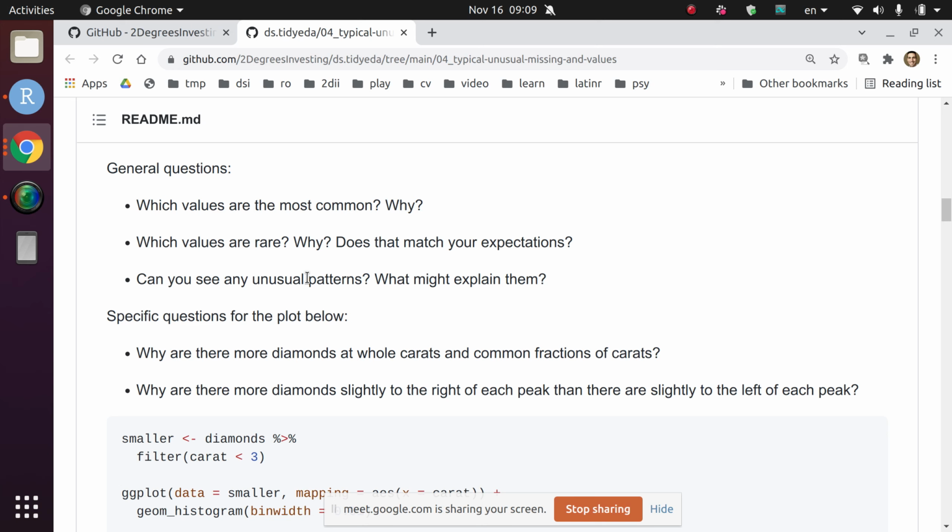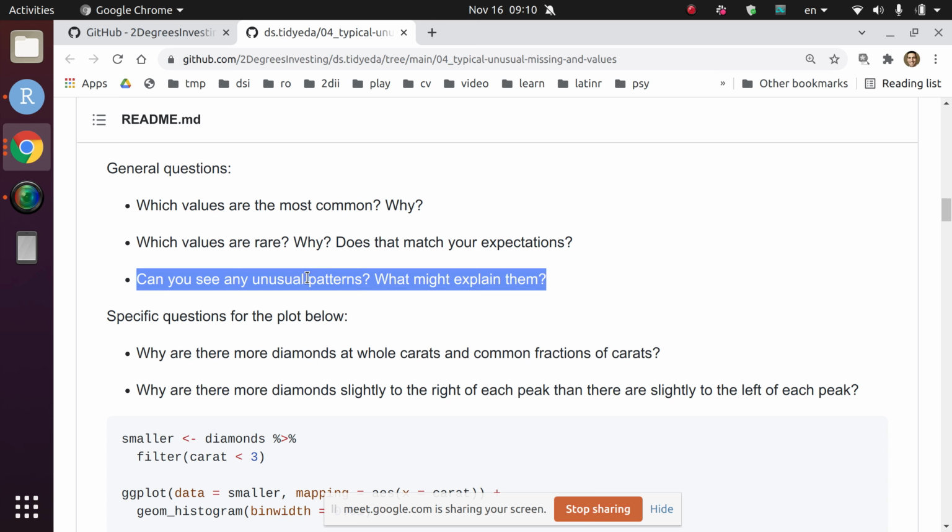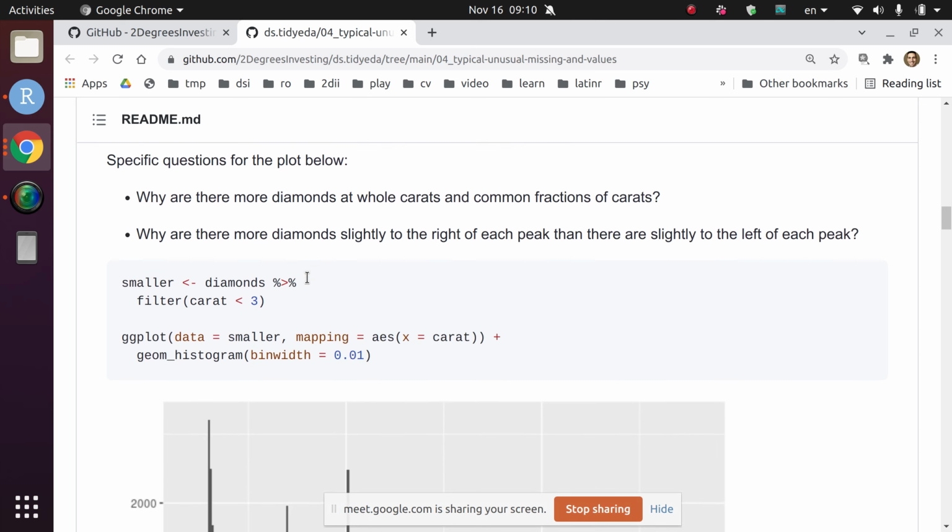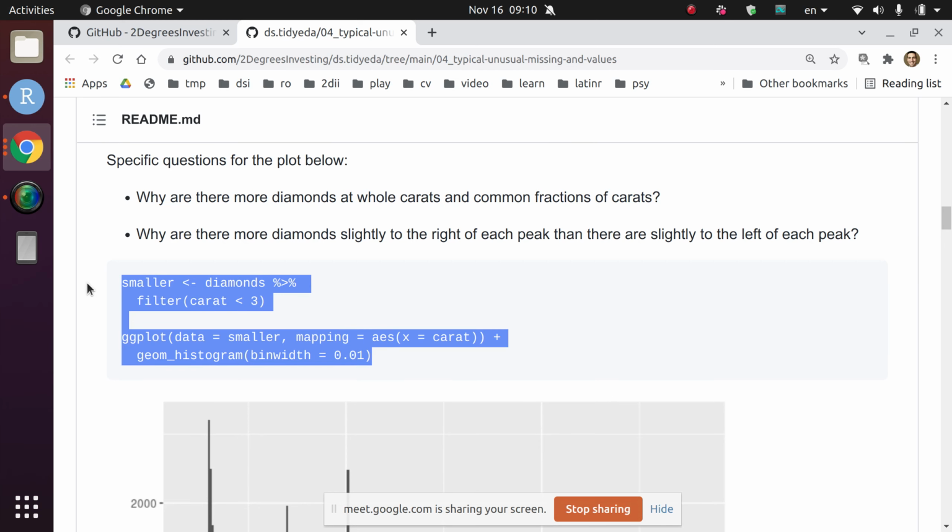Before you even explore your data, you may have some assumptions or some expectations about what that data set contains. So it's very interesting to explicitly articulate those questions in your head or in writing, and then see if your exploration matches those expectations or not. Also, can you see any patterns, like groups of data that may have some meaning? And if you see those groupings, are they just random groupings, or do they have some meaning that you can derive from there? So those are questions that are very general, and you could apply them to just about any data set. But now let's have a quick look at some real data